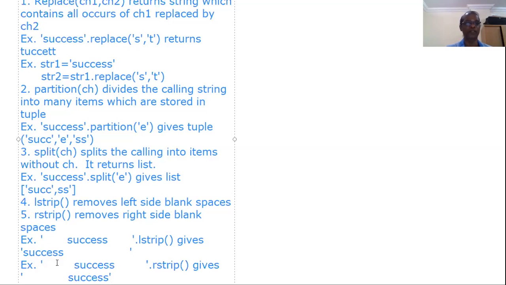So from the name itself, we can conclude L strip as well as R strip. L strip removes left side blank spaces. R strip removes right side blank spaces of the calling string.